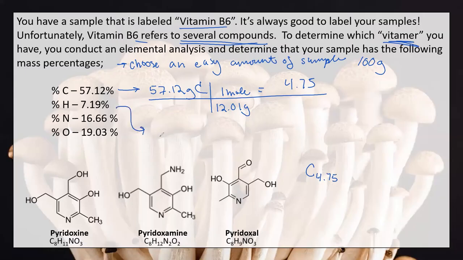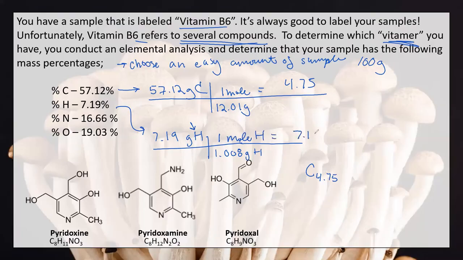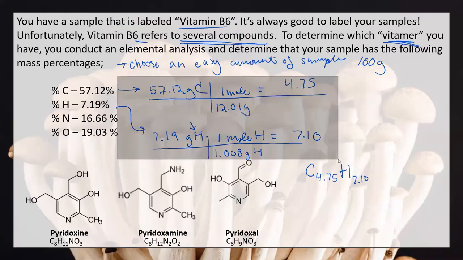So we can do hydrogen. So if I have 100 grams and 7% of those are hydrogen, I have 7.19 grams hydrogen. This is where it matters that you start writing down which element you're working through on your dimensional analysis, or else it can get really messy. 1.008 grams of hydrogen, 1 mole hydrogen equals 7.10. And then I'm going to clear us up some space